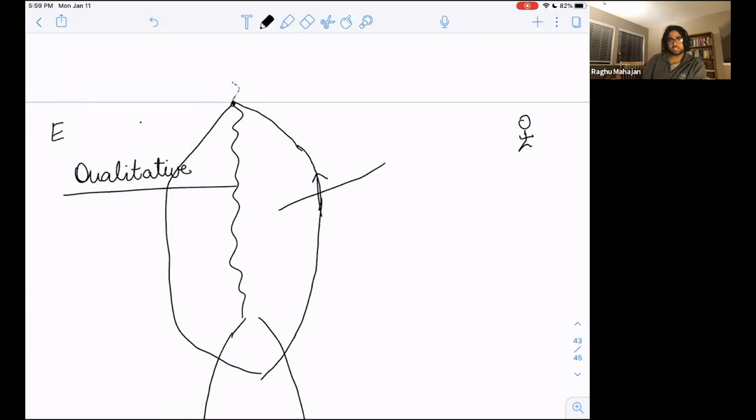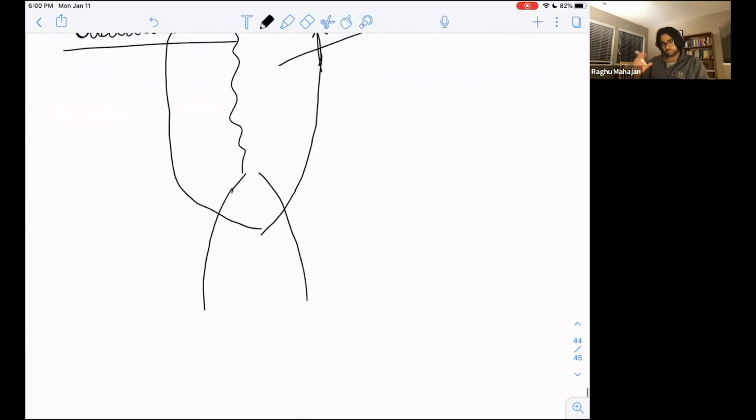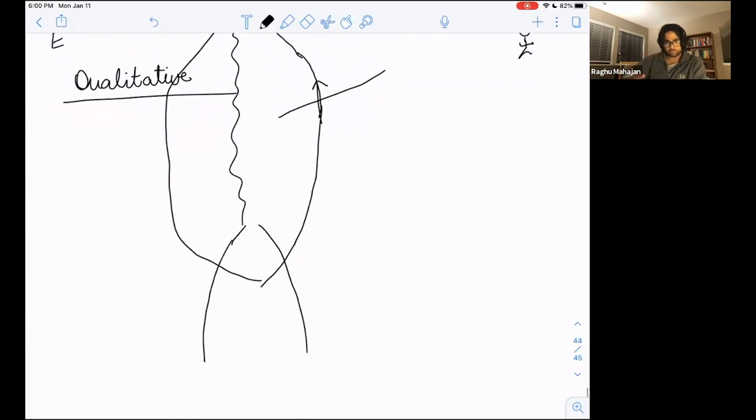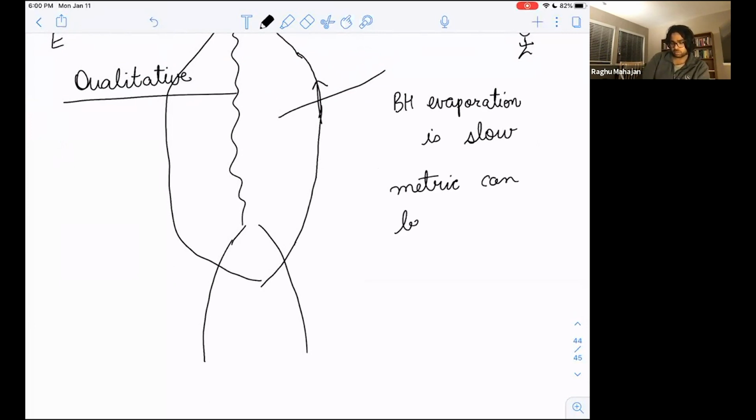And this is very important because it makes life simple. Just to emphasize that black hole evaporation is slow, the metric can be taken